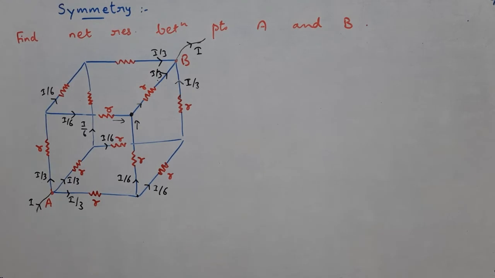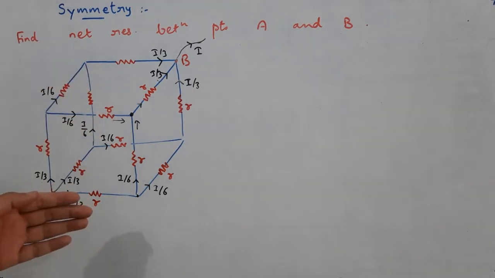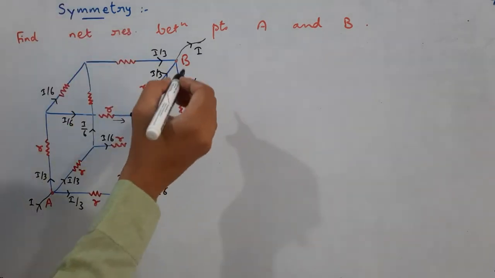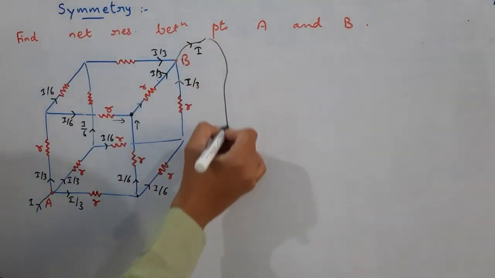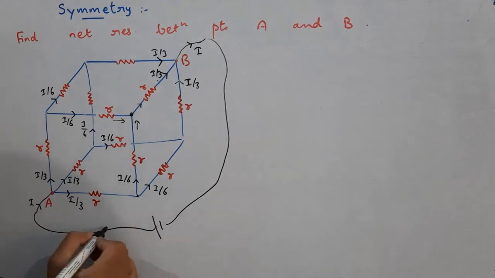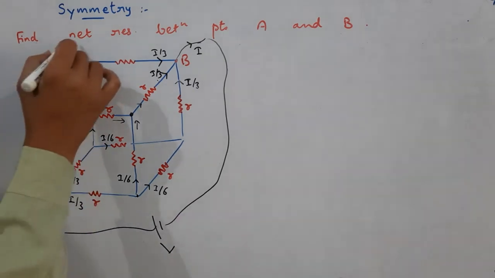Here we are not going to use series and parallel. Remember students, it's not necessary that in any circuit these resistors necessarily be in series or parallel. Here you cannot find such combinations where the resistors are in series or in parallel. So what do we do next? Here I have told you we have to connect an imaginary battery. That battery sends how much current? I, and suppose the potential difference is V. We have to find net resistance.